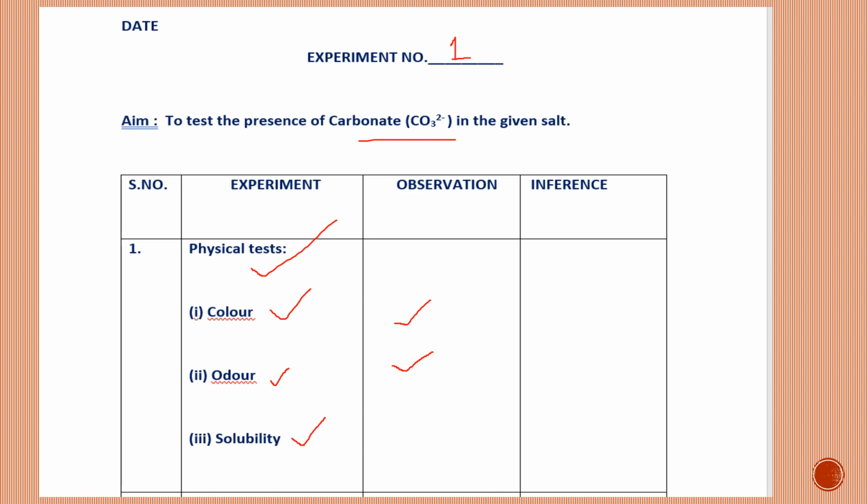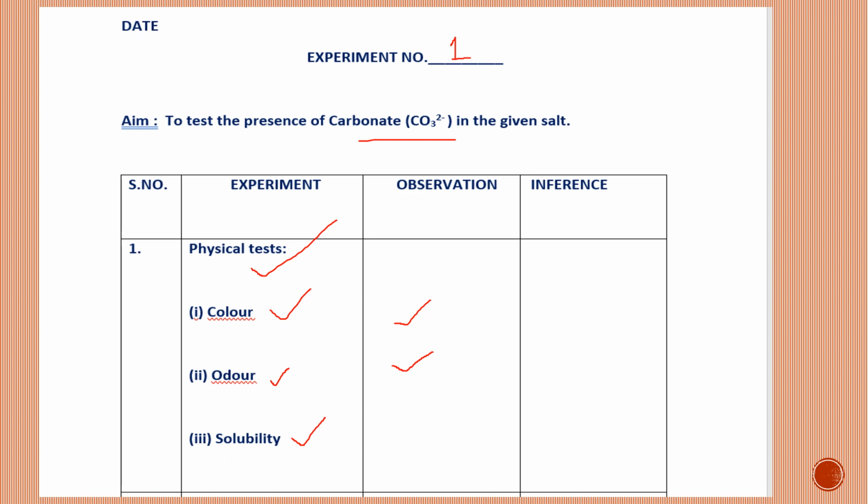While doing them in the lab, you will come across colored salts also, like copper sulfate, which is blue in color. But when it is to be given in the exam, it has to be a white salt, because just by looking at copper sulfate I can make out it is copper sulfate. So we'll be doing all those salts also, but to start with, this is the first one, carbonate, which gives me a preliminary test with dilute sulfuric acid. In the dilute sulfuric acid group there are 4 anions that we have to do: carbonate, sulfide, sulfite, and nitrite.